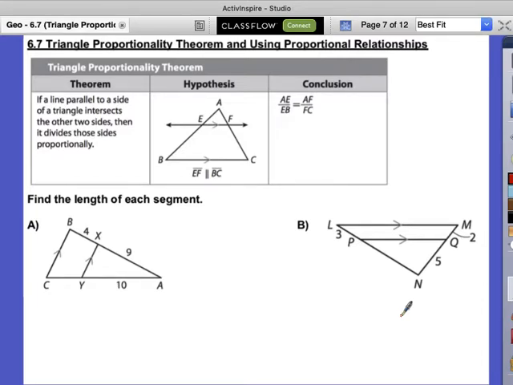Triangle proportionality theorem and using proportional relationships. So we're going to learn about this triangle proportionality theorem, about triangles and how they're proportional. If a line parallel to a side of a triangle